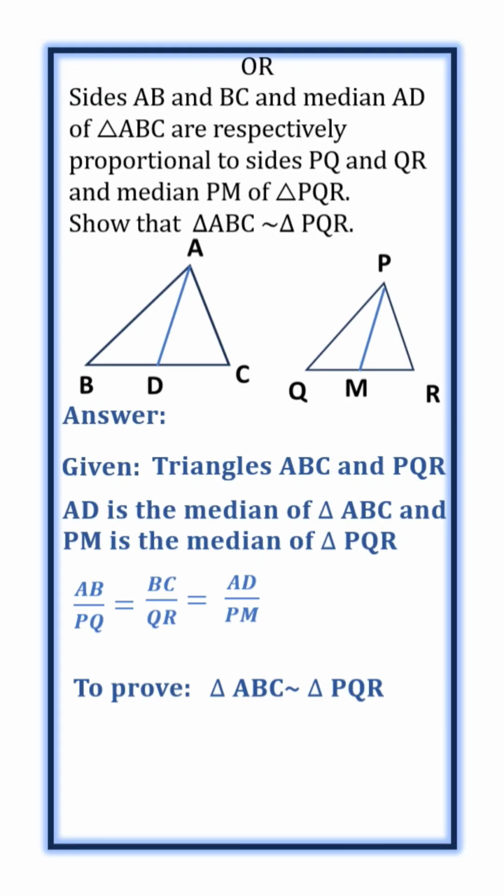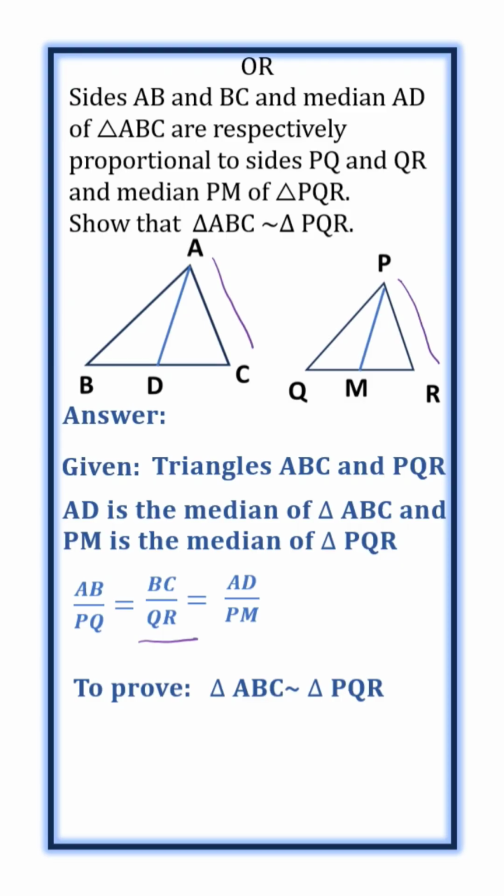The similar question has been given in the previous preparatory exam question paper or model question paper. I have forgotten which one. If you remember correct, put it in the comment box. Instead of BC by QR, they have given that AC by PR, means AC is proportional to PR. Okay, that problem was a little bit difficult, but here it is very easy.